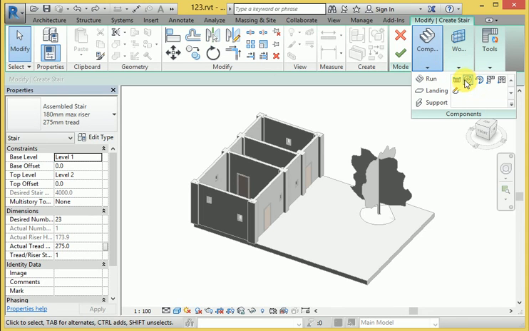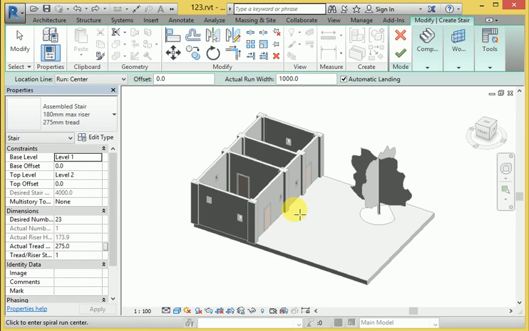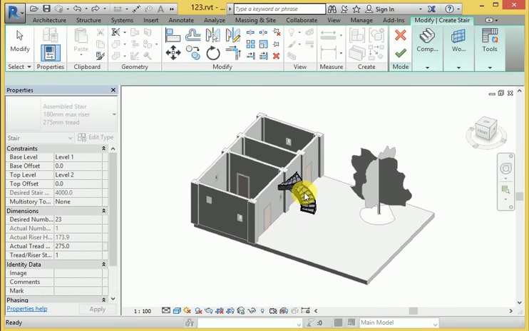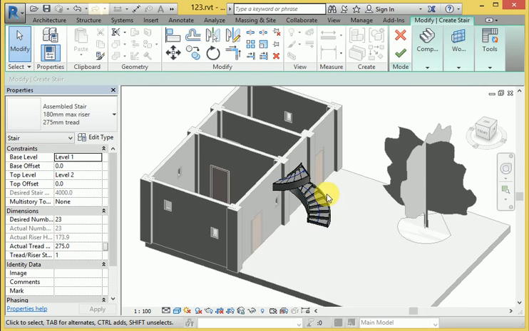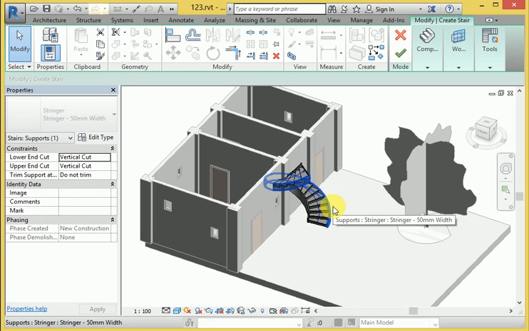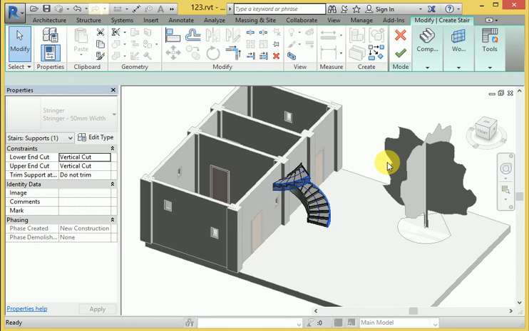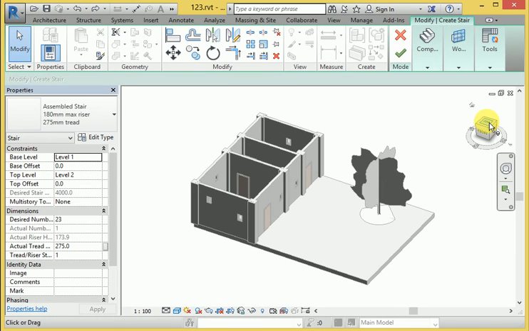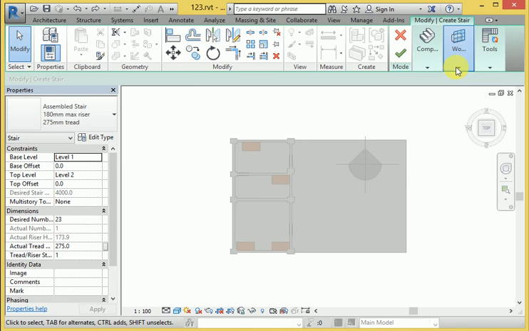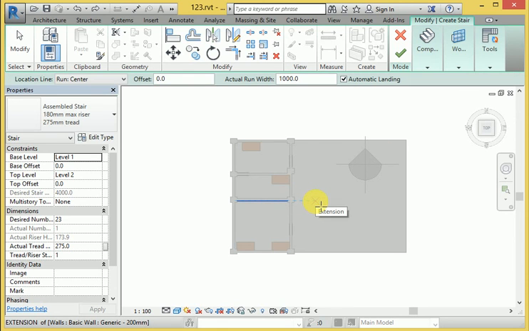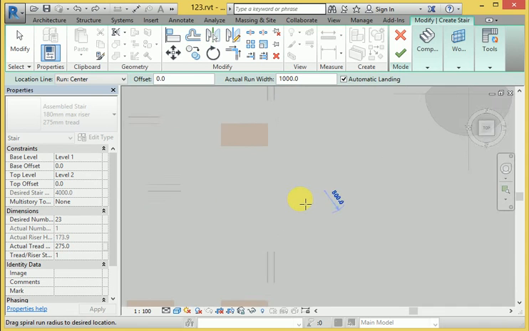Also I have used the turn type here, start from this point, look at this, start from here and go to this one. If I want to exit from distance, let's go to top view and use circular stair design. So basically enter here the circular stair design and start from here.